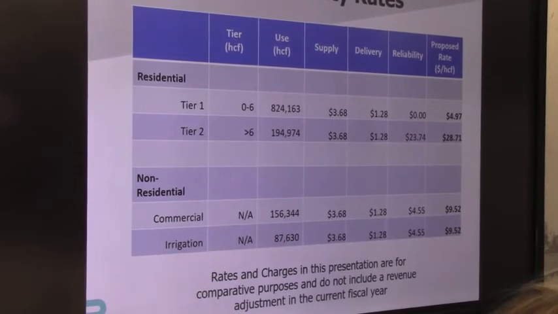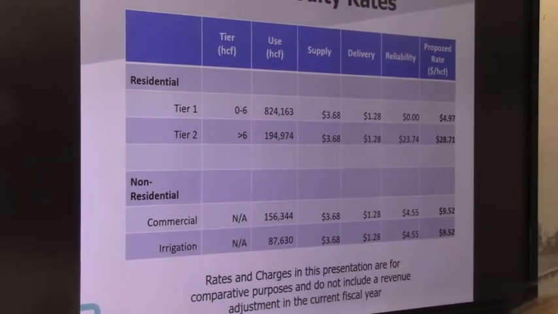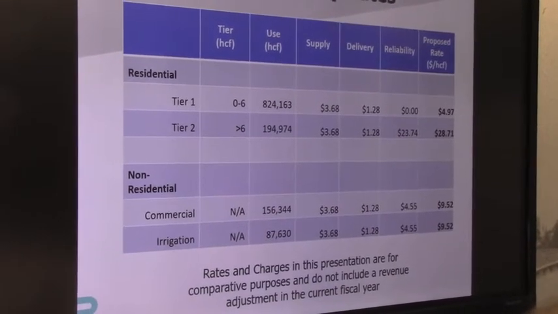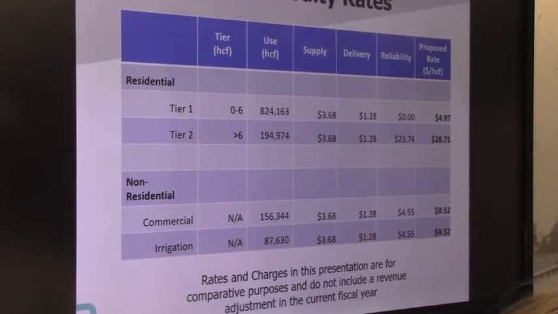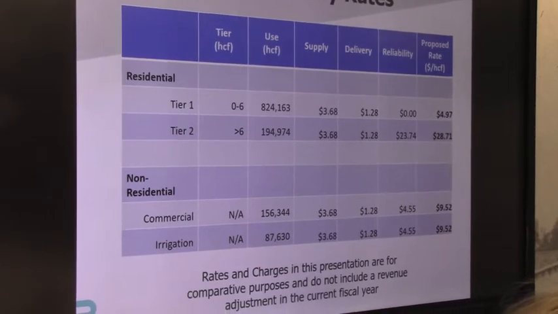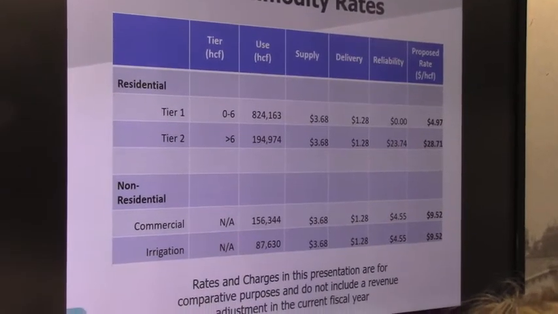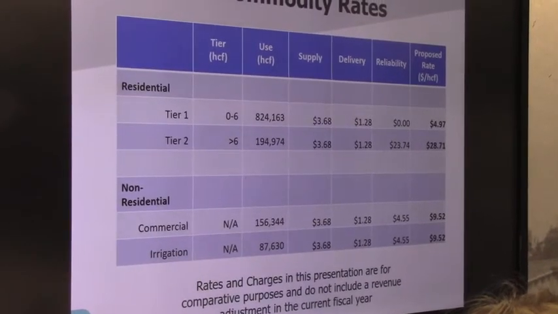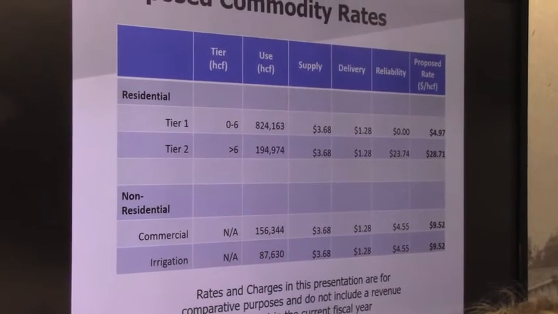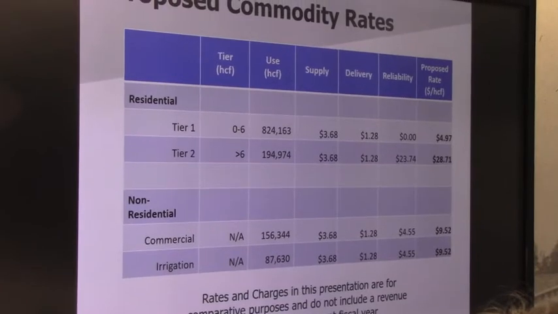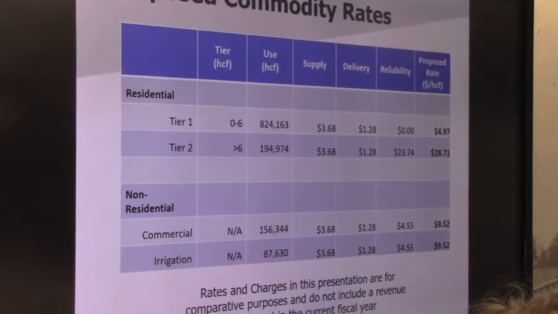It's very close to what our tier 3 is now, but you're getting more units at tier 1, so more people are going to fall in tier 1. Based on the input from the committee and the board, remember you did that survey and asked what your values are on conservation rates, this is a very strong conservation-oriented structure with a bright line in the center.